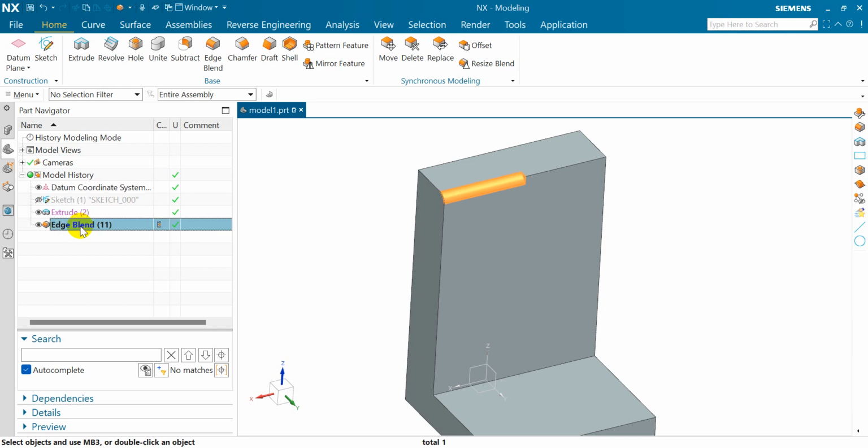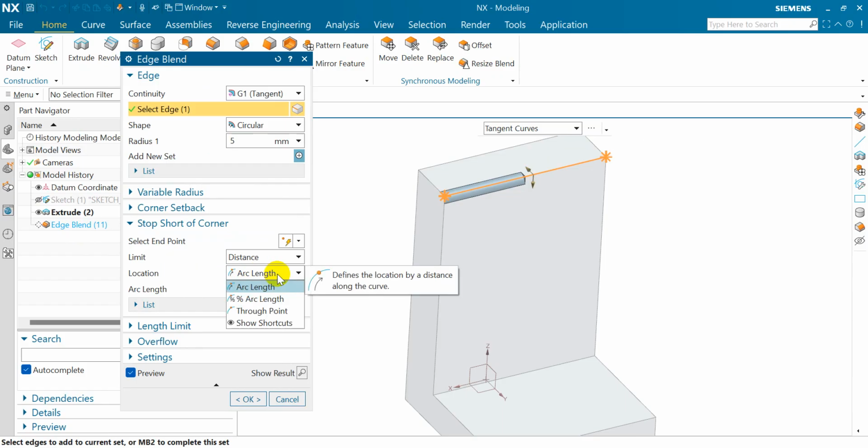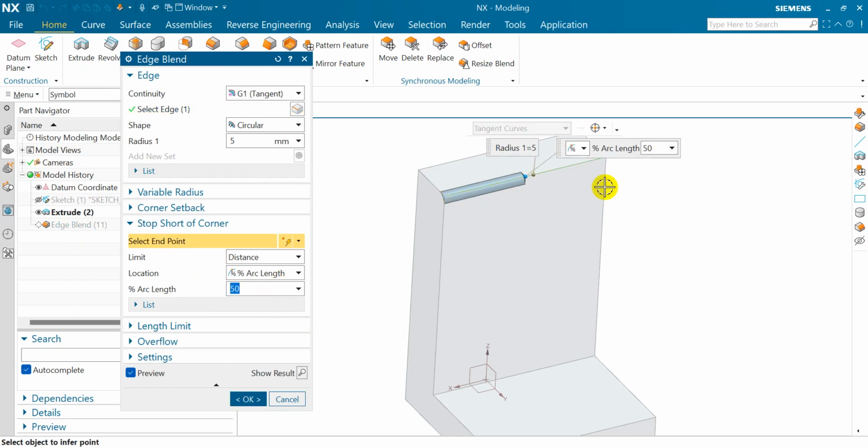You can also control its length. Right click on edge blend and go there and use the option percentage or length. This is the percentage option. This is 50%, suppose 70%, suppose 10%.